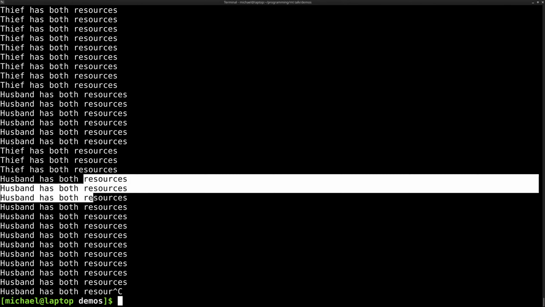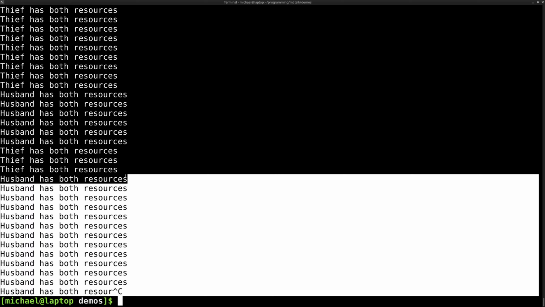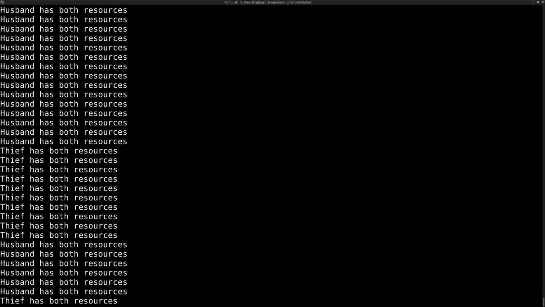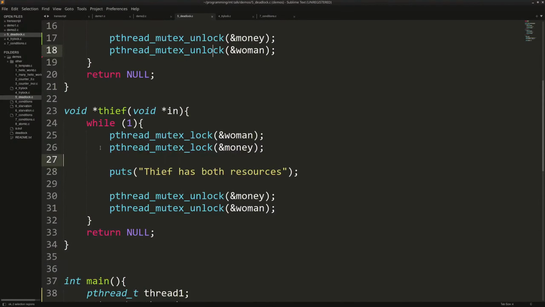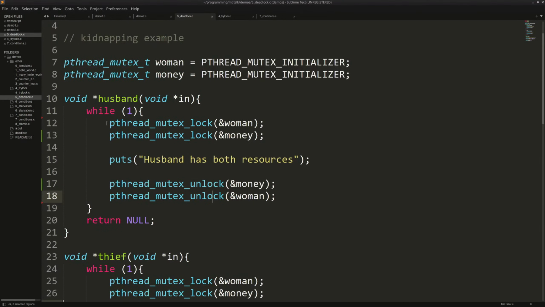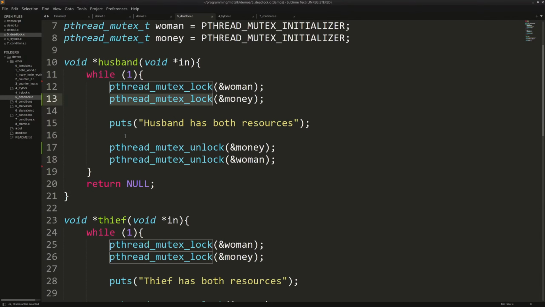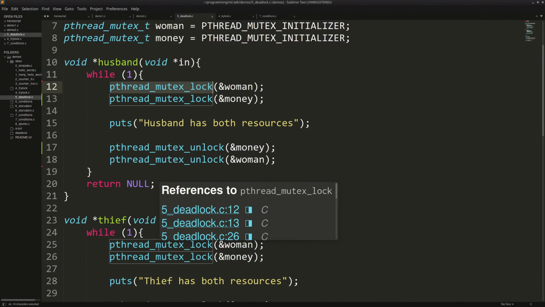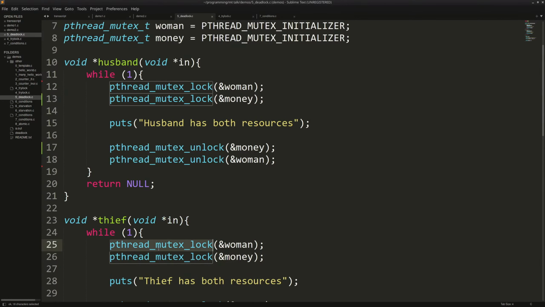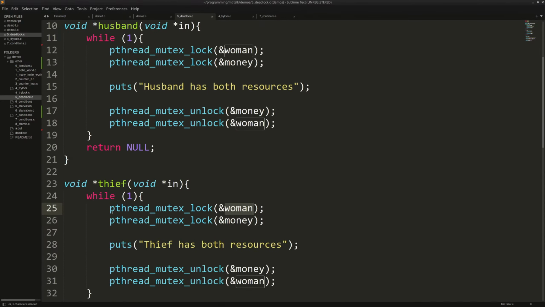What's interesting to note here is that they have streaks at all, right? Why does this happen? Well, there is some overhead in trying to lock a lock, and whenever you don't get the lock, it waits, and sometimes it waits for too long. And so let's say that thief is waiting for a woman to unlock, right? Thief likes to run, and he's waiting for the woman to unlock.